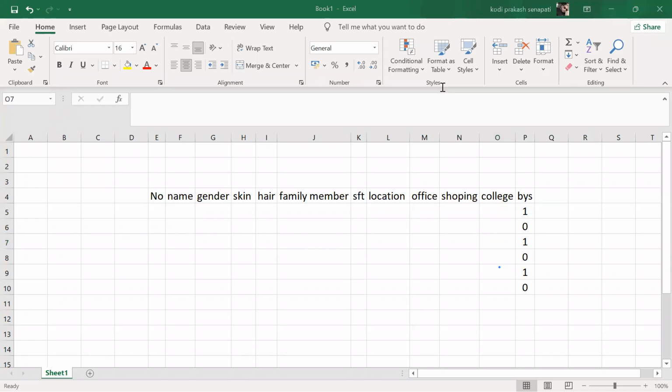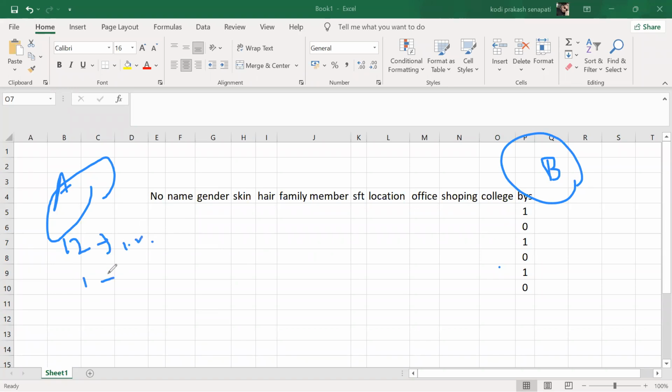I'm going to take two use cases here. Use case A, and then use case B, correct? The two use cases, A and B. In the first use case, I will build the model with 12 independent variables plus 1 dependent variable. Understand or not? In this case, I build the model with maybe 5 independent variables and 1 dependent variable.